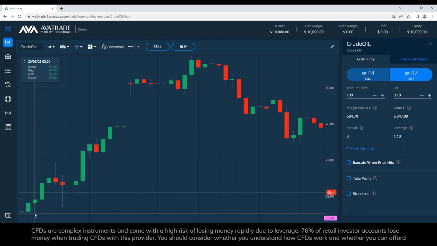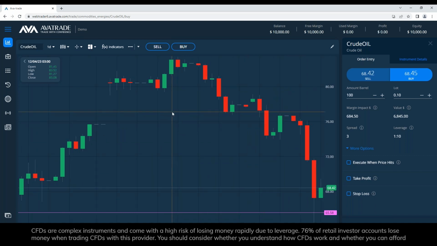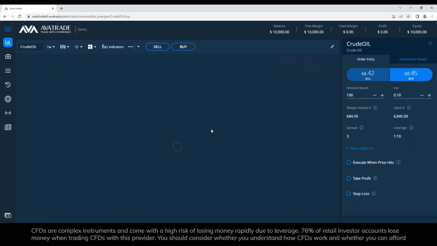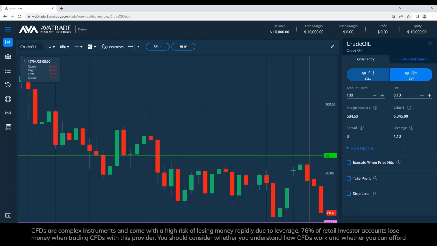Okay. I see that the last time that it was there was the 20th of March, a bit more than a month and a half. I could say, okay, maybe 6 weeks or so. And what I discover is that it reached this level 65 and it couldn't break any further down. I'm going to switch from 1 day to weeks. And then I see that the last time that it's been there, a week before, it's been at a similar price. So that means that if I enter now,